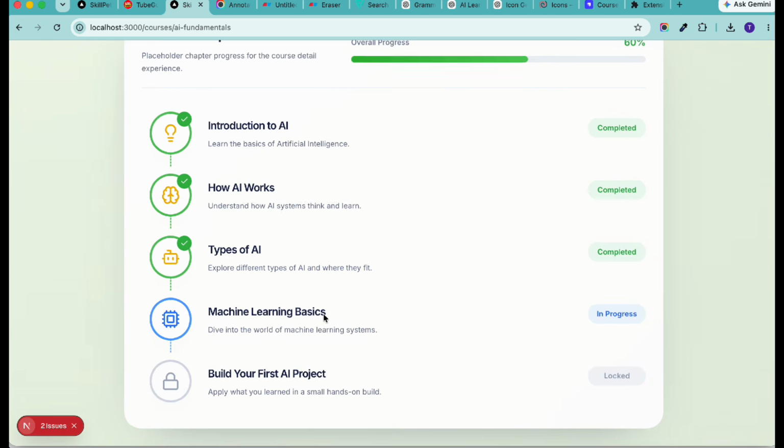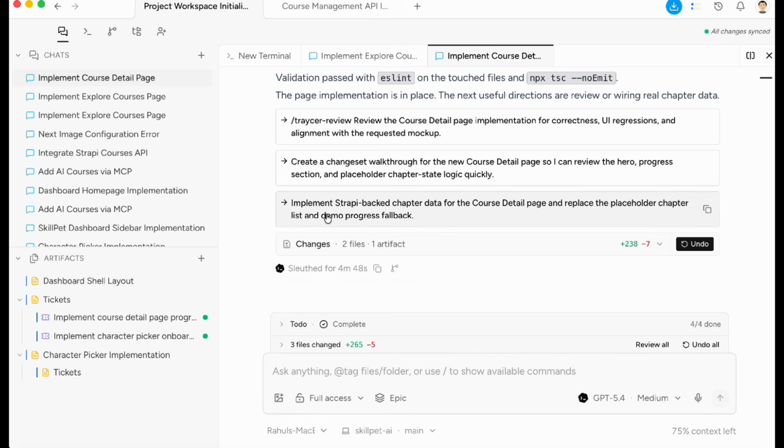So make sure to add that. Now either from inside the tracer you can select this option, or you can tell separately what you want next. Okay, so here we'll say, now let's add